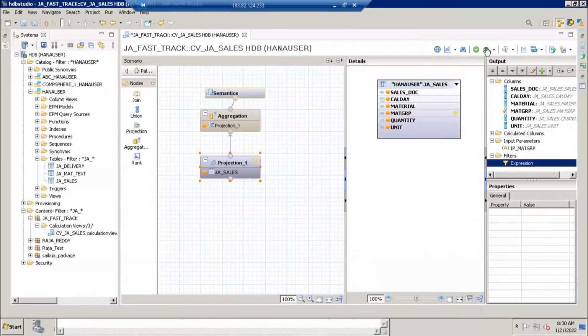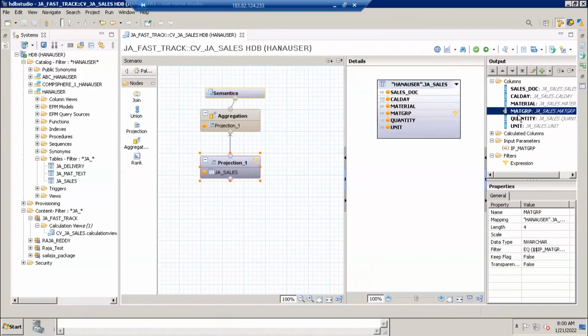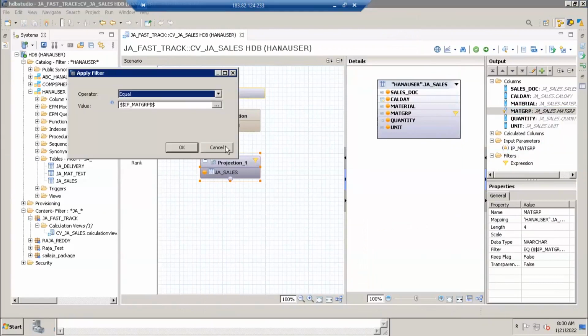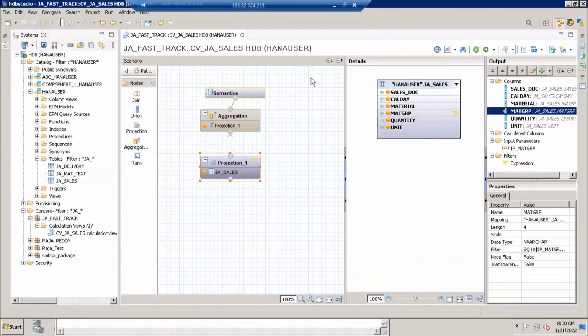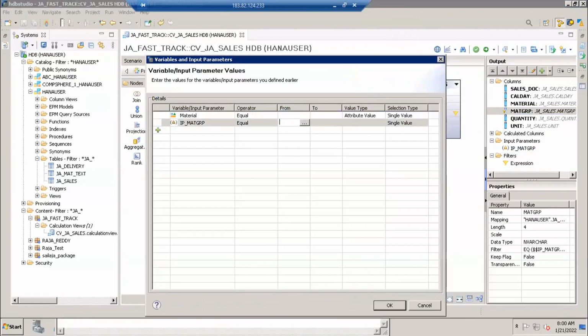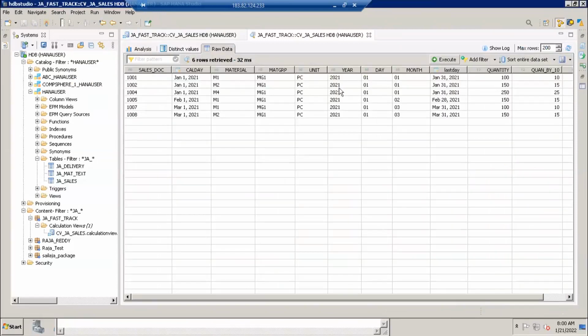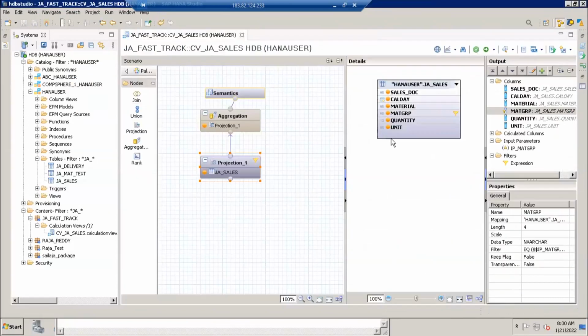No, it's not mandatory to always provide a column name as a reference. If you create an input parameter as a direct field and apply it on any particular column, then this will also work out. So now let's enter mg1 here to see whether it is working correctly or not. You see, it's working. Okay, so the next point we are going to learn is